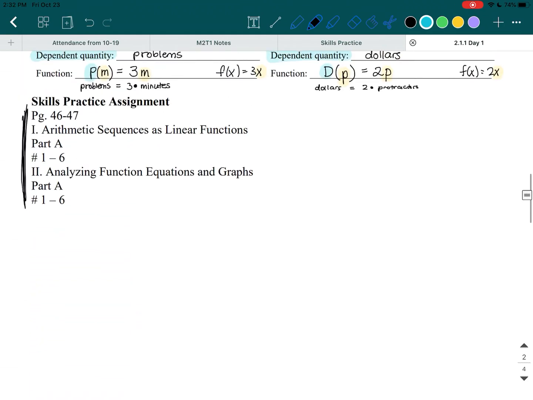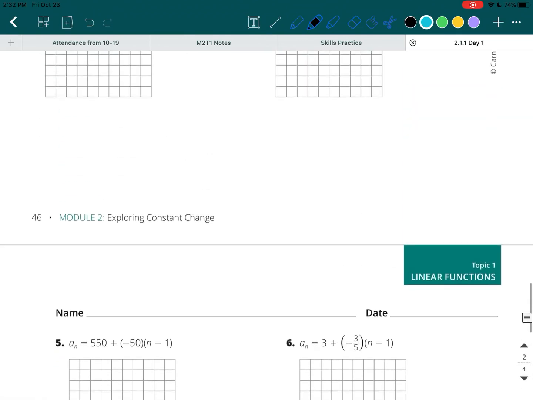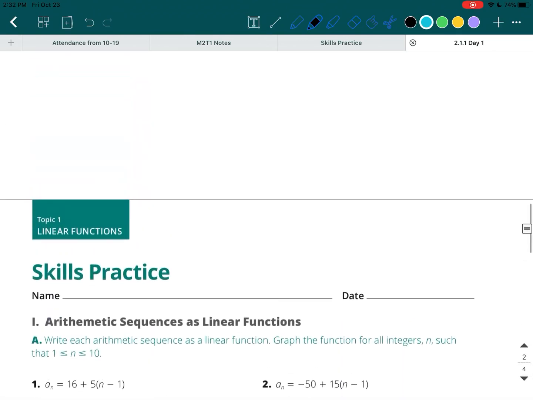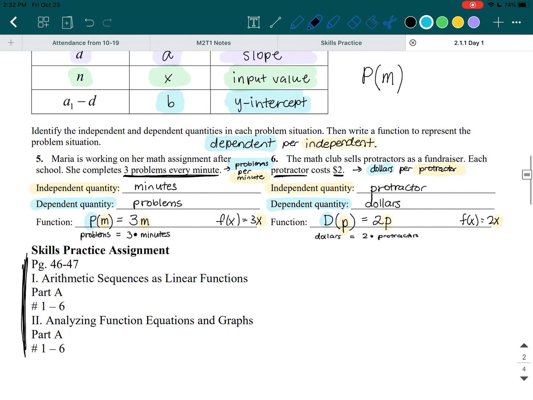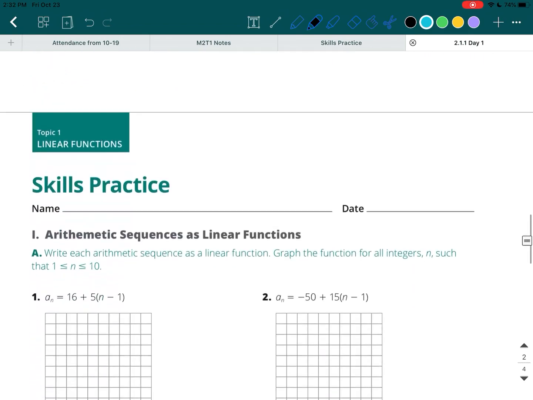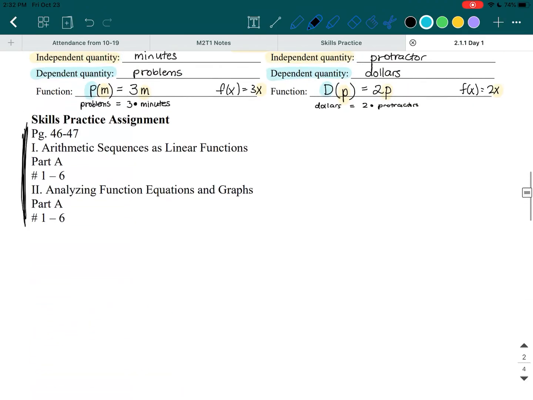If you do have your textbook, those are the pages. You can match it up with the screenshots that are over here. And then if you like, you can also turn it in through Kami. So your task is to finish the rest of this assignment on this. Okay? Let me know if